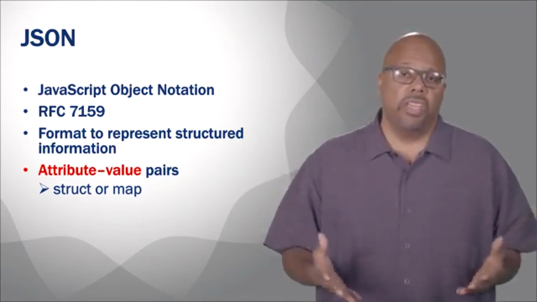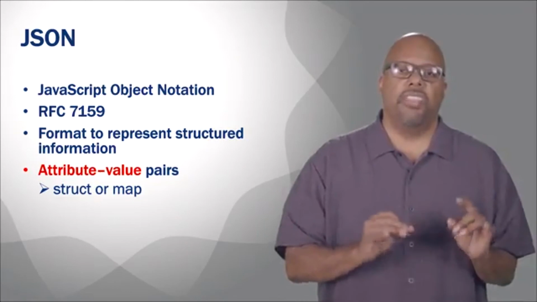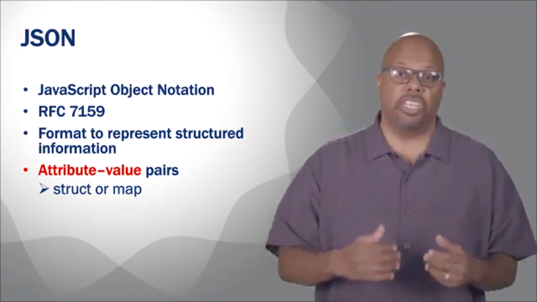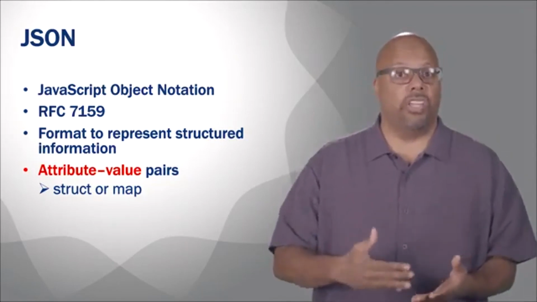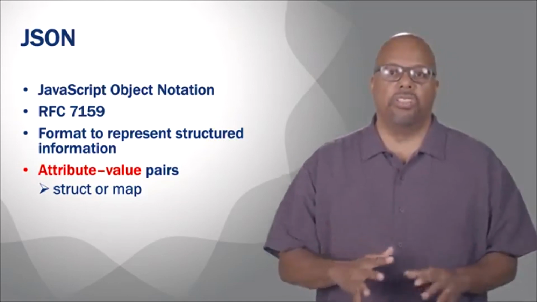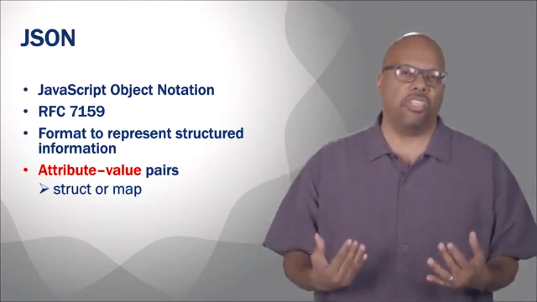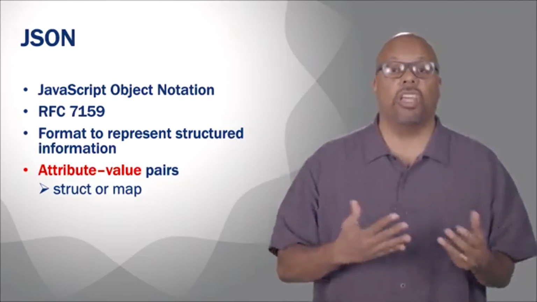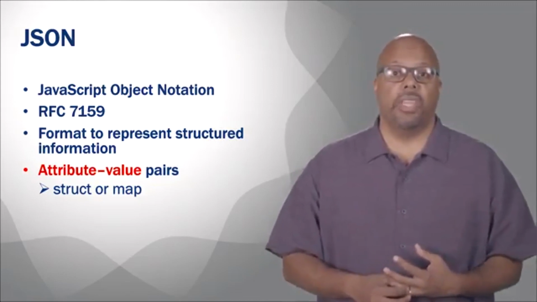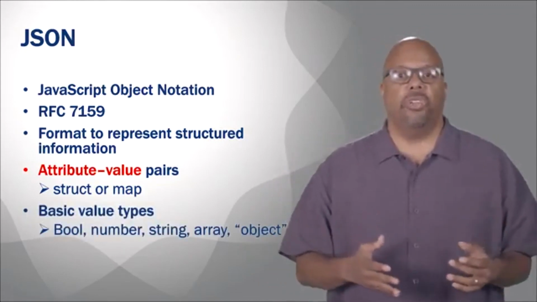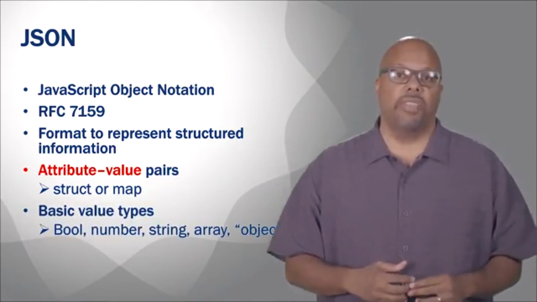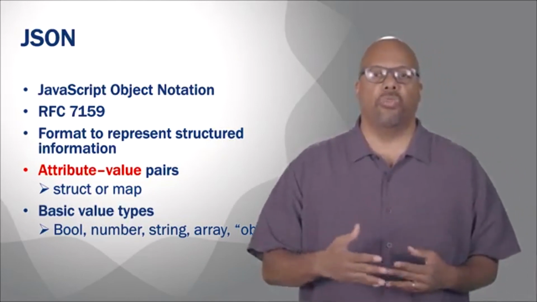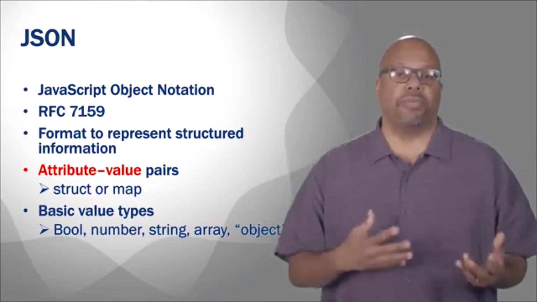Because if you remember structs, they don't have keys, they don't call them keys. They have fields and values of the fields, right? So a field value pair could be an attribute value pair in JSON. Or a map has key value pairs, right? That can easily be an attribute value pair too. So these attribute value pairs in JSON naturally correlate to structs and maps inside Golang. And now the keys and values, or rather attributes and values as they're called in JSON, can be basic value types. So you can take Booleans, numbers, strings, arrays, objects, and they can be combined hierarchically.